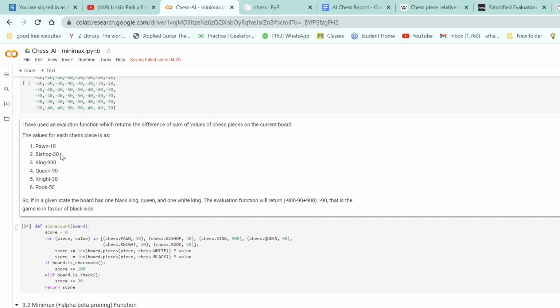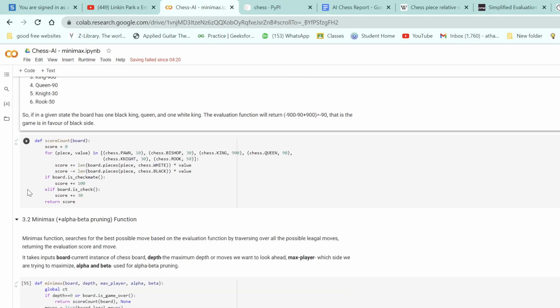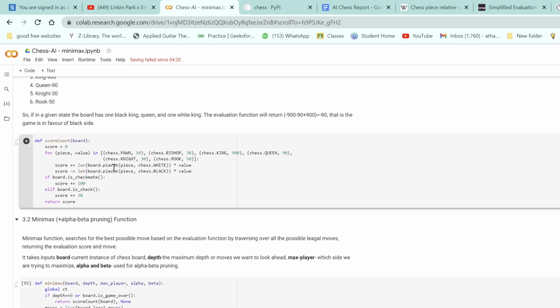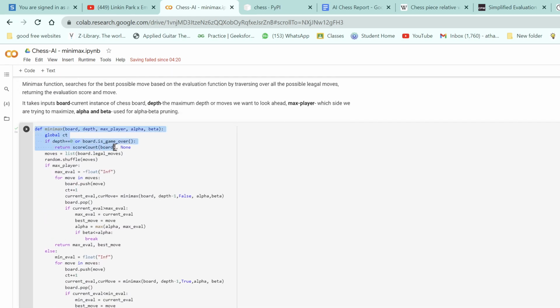And I have also defined the value for each piece. Pawn is 10, knight and bishop are 30, rook is 50, queen is 90, king is 900. And I have created a function scoreboard which takes the current board position and takes the piece and its piece value as input, and checks if the current position is in check, so it improves the score. Here I have created a function named minmax,